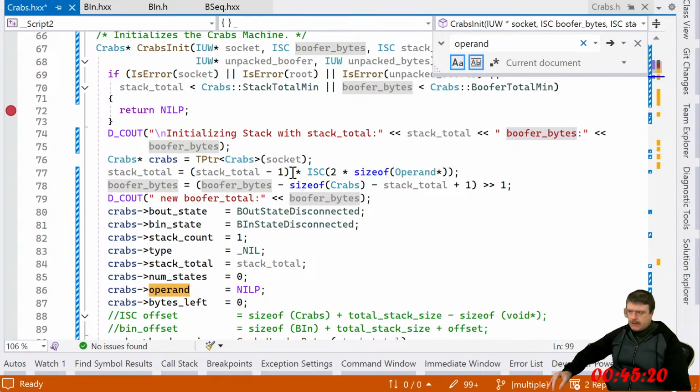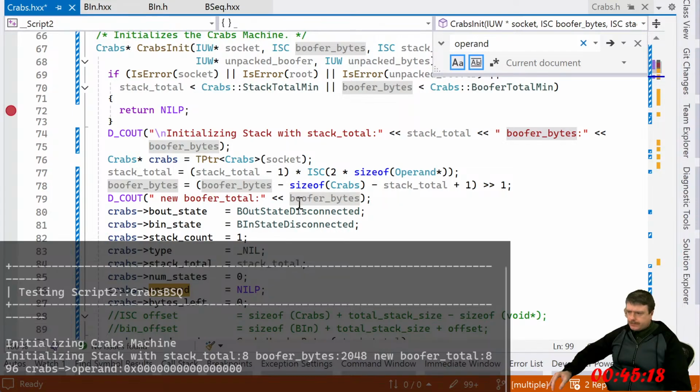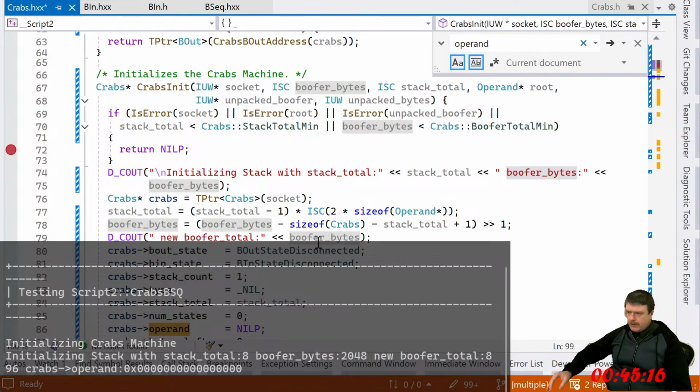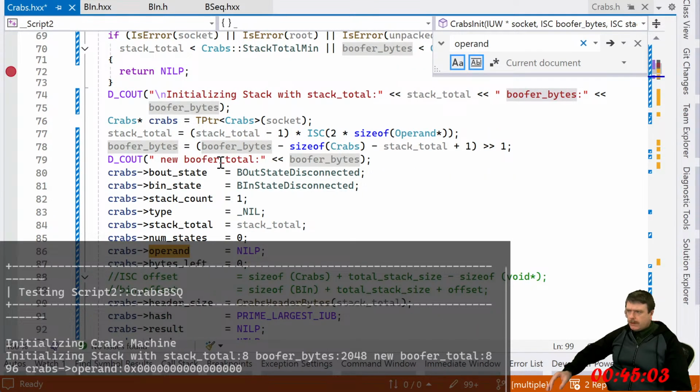So that's the buffer total. Huh? What is new buffer total? That's a pretty big difference.